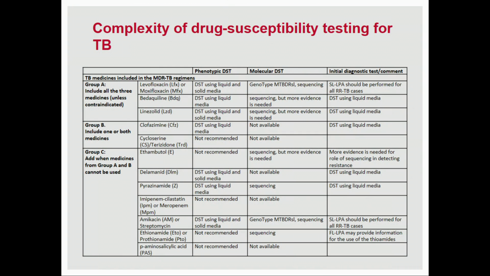Back then, the treatment regimens made sense because a lot of the drugs we were using for MDR-TB, we could actually test using molecular methods. We knew most of the drug resistance, we knew the mutations, and we were able to do that. Not anymore. What I'm trying to show here is that if you look in the last column, it's really only the first category of drugs, the Levo and the Moxi, where we can use molecular DST. The other ones, we need to go back to doing culture, using solid or liquid